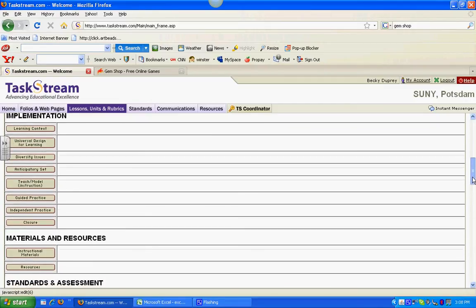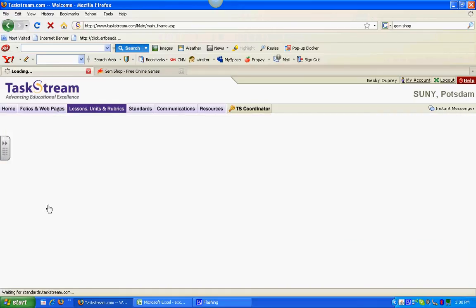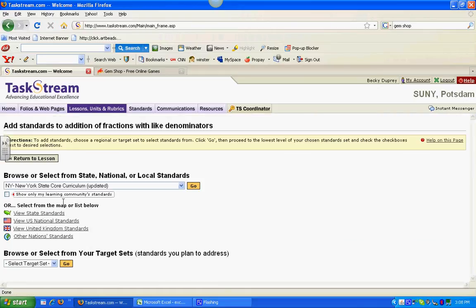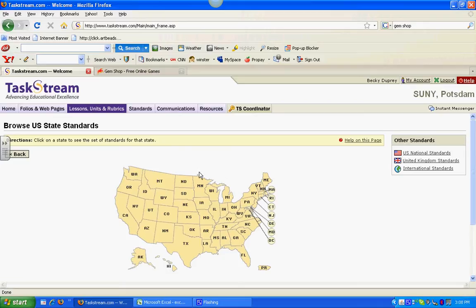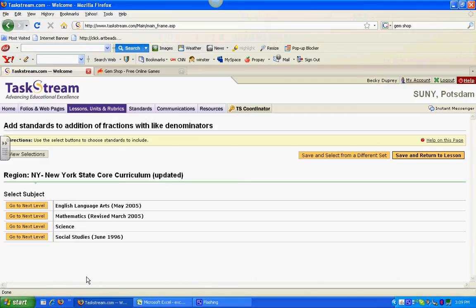what it's going to do is ask me which kind of standards I'd like. Do I want state, national, international standards? Well, for the sake of SUNY Potsdam and EDUC 310, I want state standards. I specifically want New York State standards, and furthermore, I want the New York State core curriculum updated. Once you're there, mathematics, and I told you it was a grade 5 lesson, so I'm going to go into